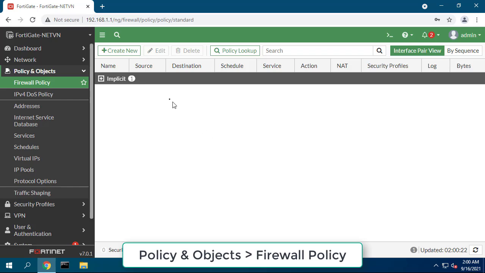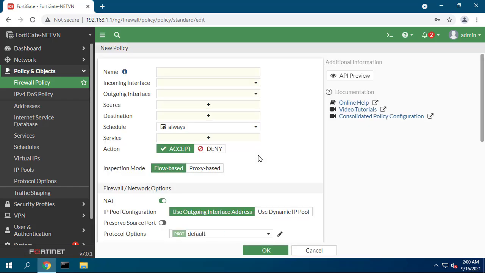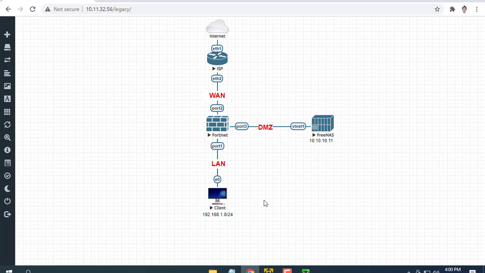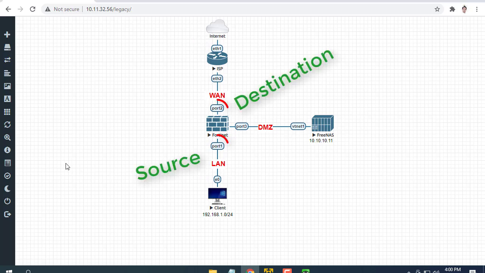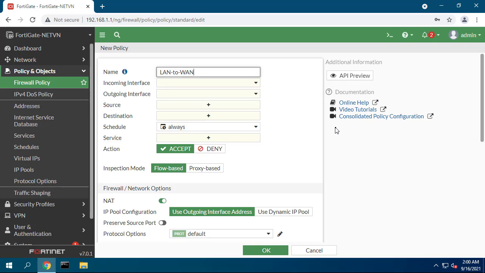Go to Policy and Objects, then Firewall Policy. Create a firewall policy to allow traffic from the LAN to the Internet. Give the policy a name that indicates that the policy will be for traffic to the Internet.